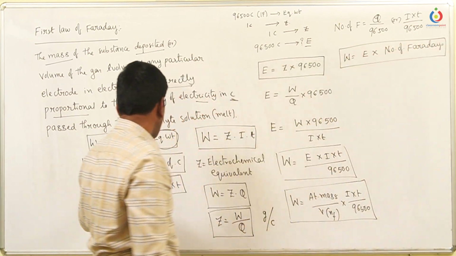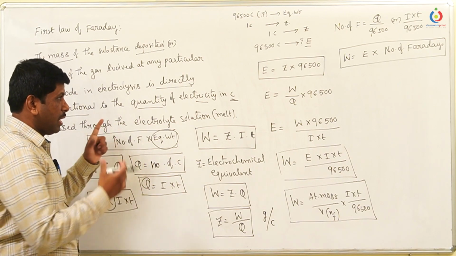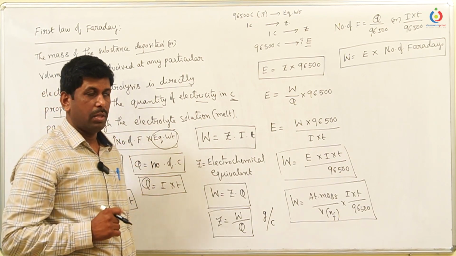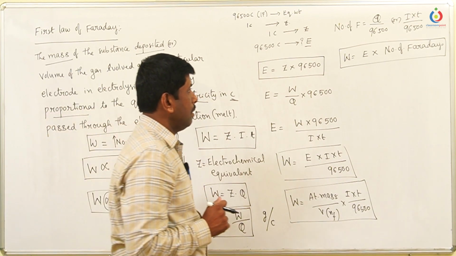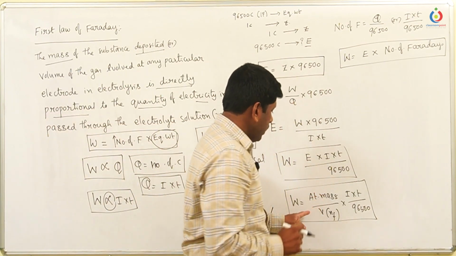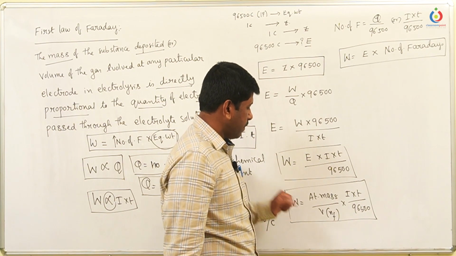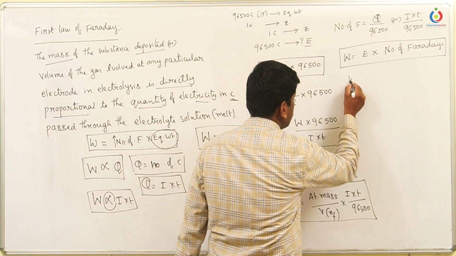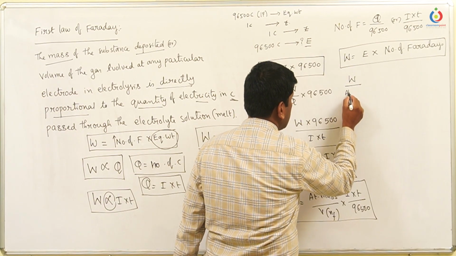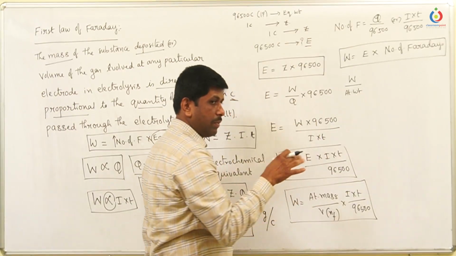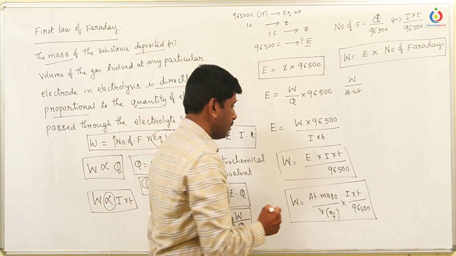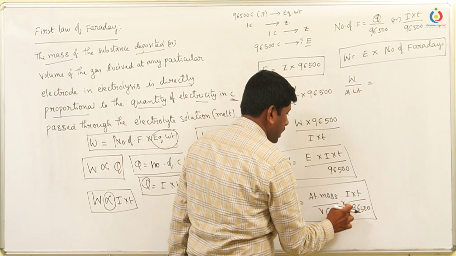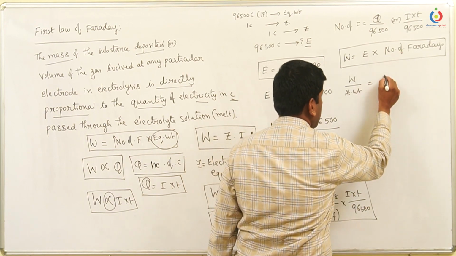This is the formula we discussed earlier. So the entire relation is connected to the equivalent mass and the number of Faradays that we already discussed in our previous classes. Now let us see here. We will get some other information from this formula. Send the atomic mass to this side. So we get weight by atomic weight for atoms, and for molecules weight by molecular mass, is equal to I into T by 96,500, which I am writing as the number of Faradays,